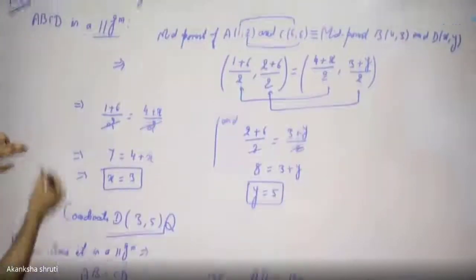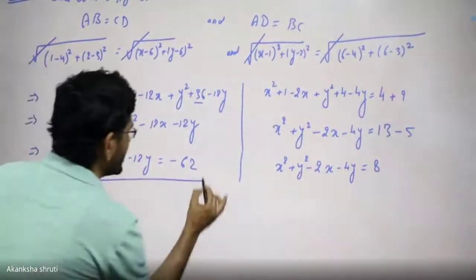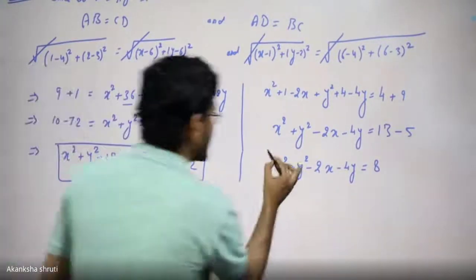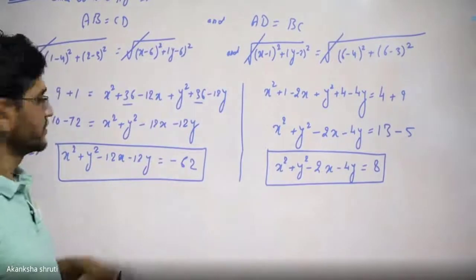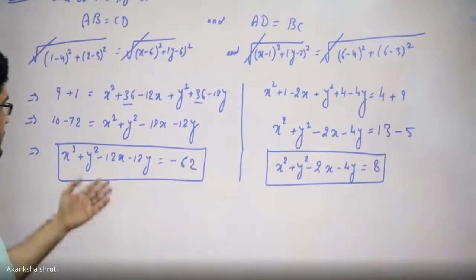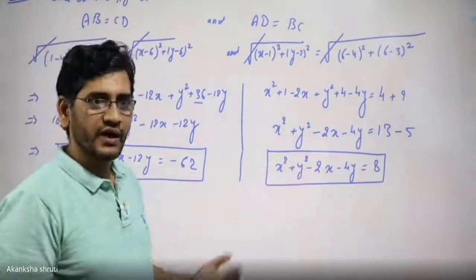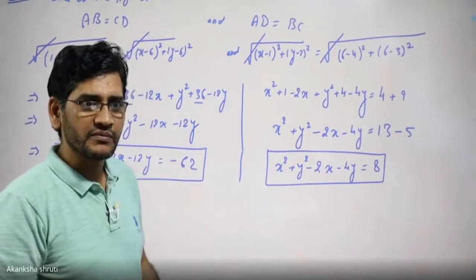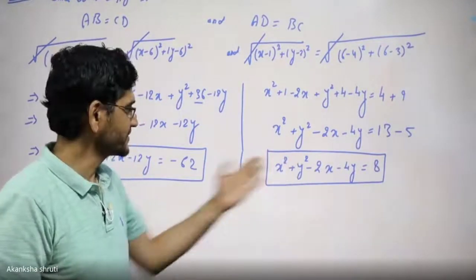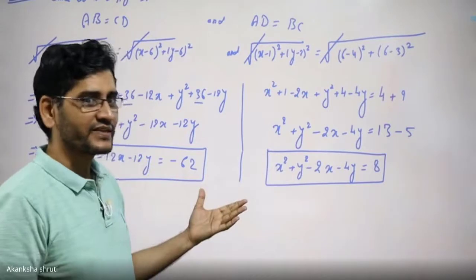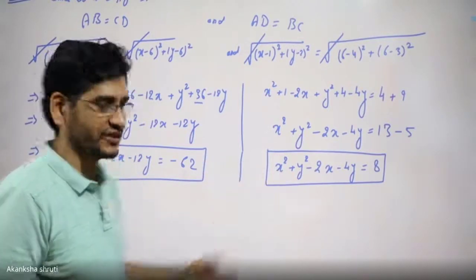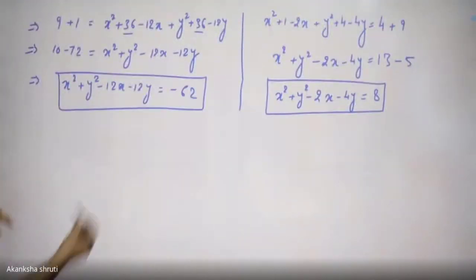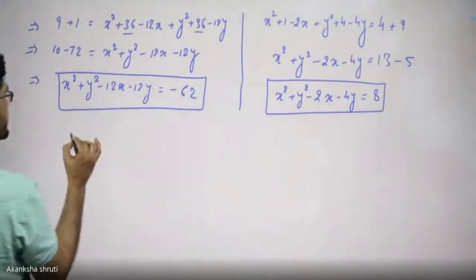Okay, students? So, what do we have? We have two equations and two unknowns. We have to solve it for finding the x and y. Can you solve? Or whether this can be solved? Students, surely we can solve this, but solving this is not easy. Just bear with me, and you will see how we solve such equations.